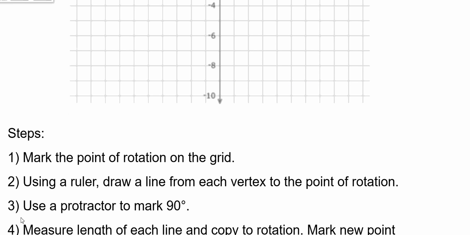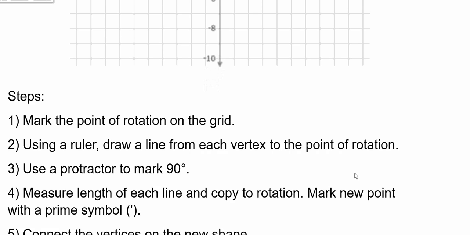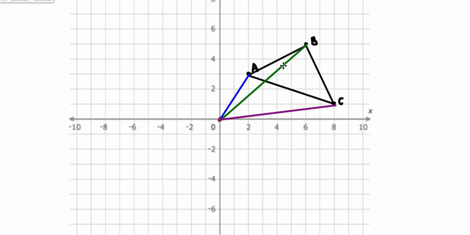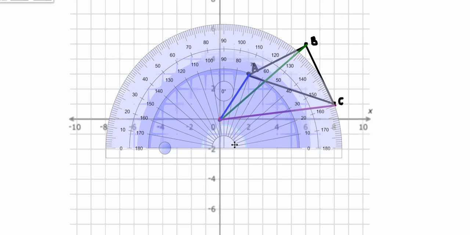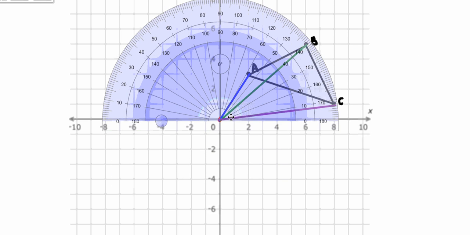Now, the next thing I'm going to do is use a protractor to mark 90 degrees. So I'm going to choose my point A. Now, this doesn't always work super nicely, so you're going to have to bear with me. I'm going to use my protractor. I'm going to line up that center piece,